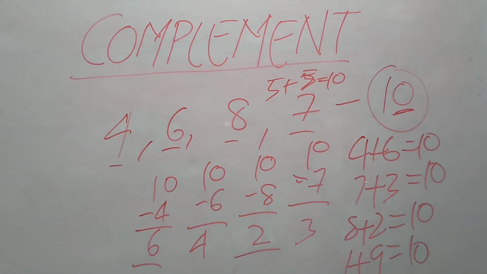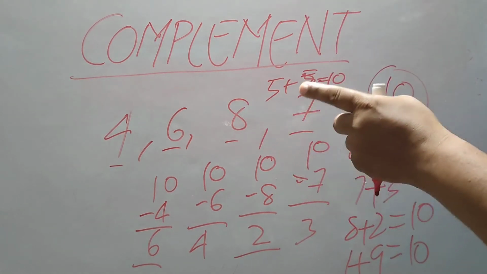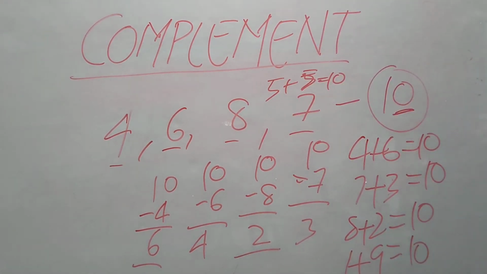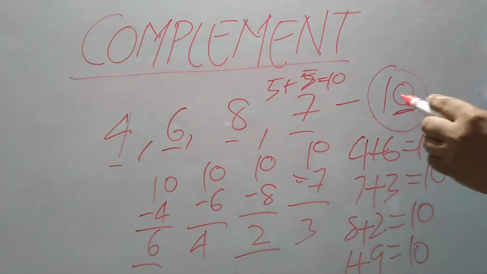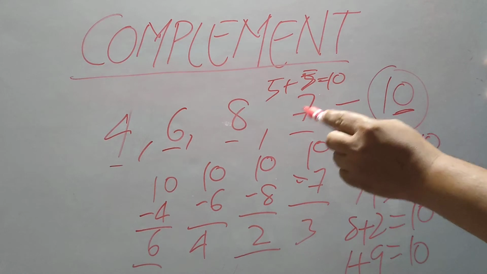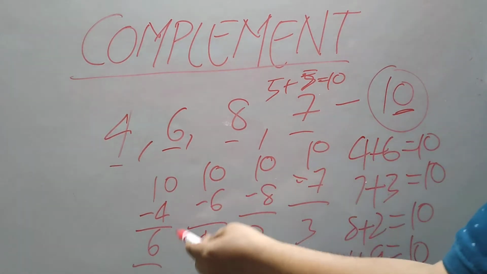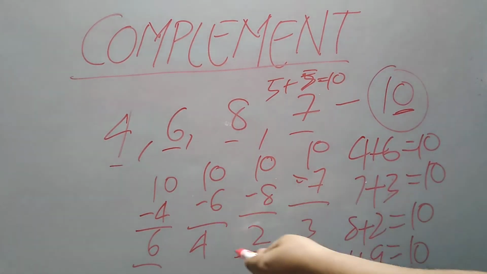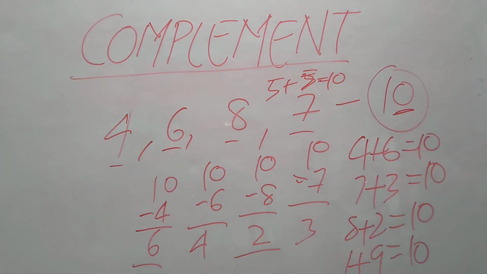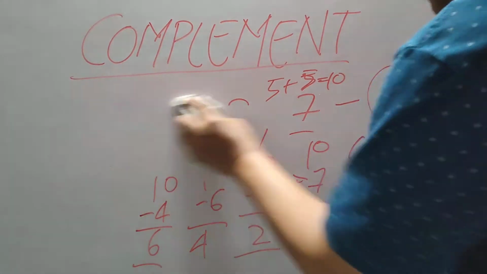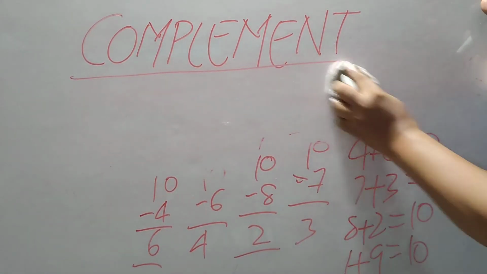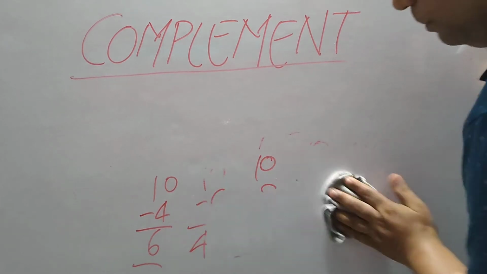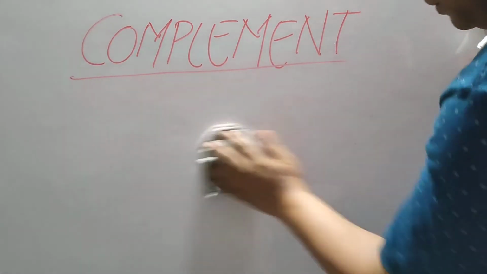So when I say the complement of a number, it means I have to find that number which when added to that number will give me the base of the number. And for finding the complement of a number, I have to subtract that number from its base. Now these are all single digit numbers, so the calculations are very easy, very simple. You have to just subtract 10 minus 4, 10 minus 6, 10 minus 8. But for a bigger number, say a double digit number, 3 digit number, how will you find the complement? I will show you how you can find the complement of a number using the Vedic Sutra Nikhilam.